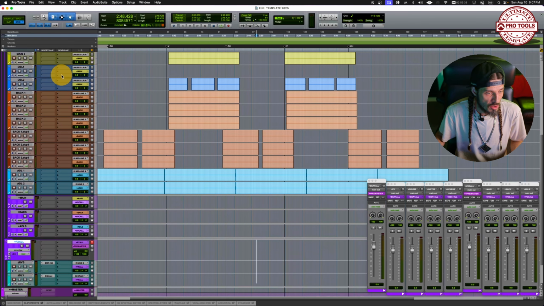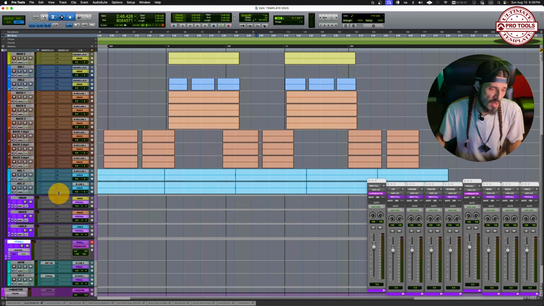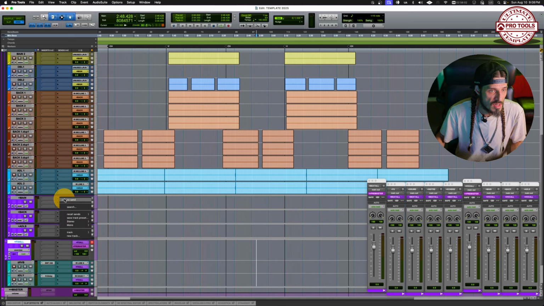For instance, you want your main, your backs, and your ad-libs to have some sort of a reverb and a delay. You can of course put it as an insert, just like that, but then it's a little bit different from when you want to send it, because you can automate the sends and everything. So in order to do that, you just click here in the send section and you choose a